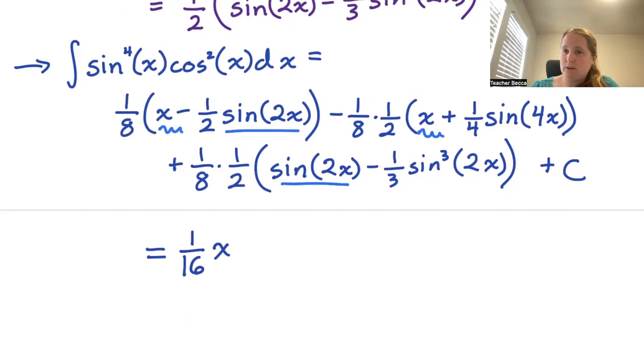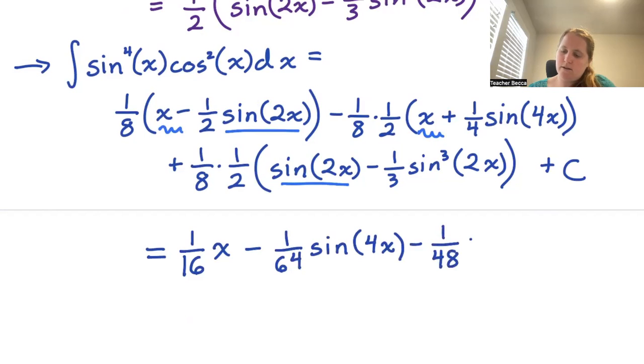Then we have minus 1/16 times 1/4 becomes minus 1/64 sine of 4x. And then we have a plus 1/16 times a negative 1/3 becomes a minus 1/48 times sine cubed of 2x